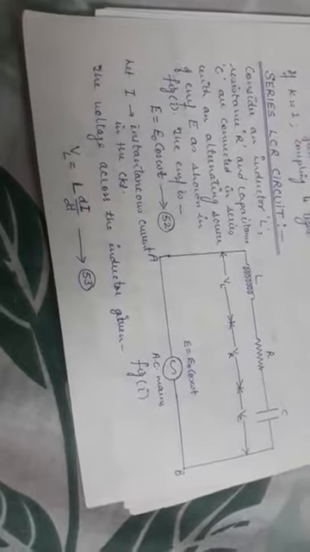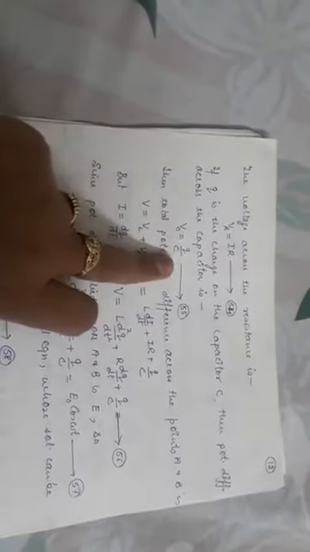As you know already, the voltage in the inductance coil is always the induced voltage, whose expression can be written as VL, the voltage across the inductance coil, equal to L times di upon dt. This is already done in this chapter previously. Now similarly, for the voltage across the resistance, using Ohm's law, I can write VR equal to I into R. Similarly, if Q is the charge on the capacitor's plates, then I can write the potential difference across the capacitor as VC, which is equal to Q upon C. This is the expression you have already learned in your 10+2 class.